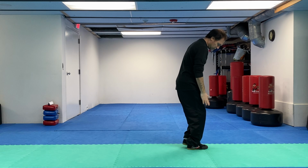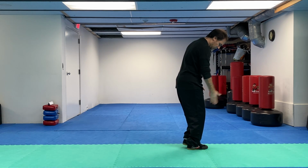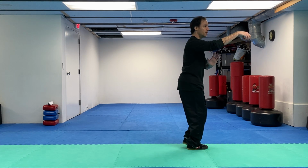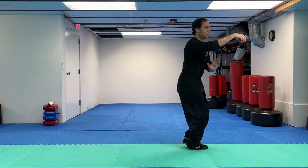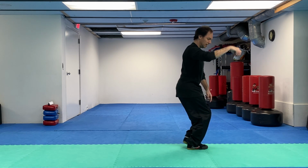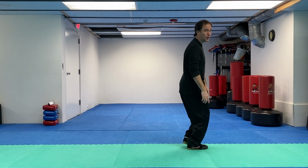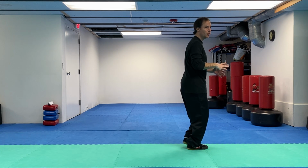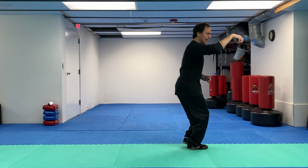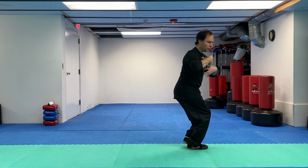One of the things you want to do is make sure that the right knee, hip, and toe are all pointing this way, same direction as the toe, and the torso is turning in. From here, you're going to sink more into that right leg. Try not to put the knee over the toe. If you sink too low and the knee goes over the toe, there's a lot of risk of injury for the knee. So you want to try to sit back a little bit here, and the more you turn your torso